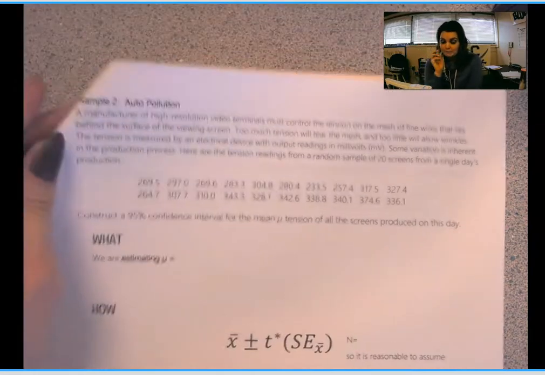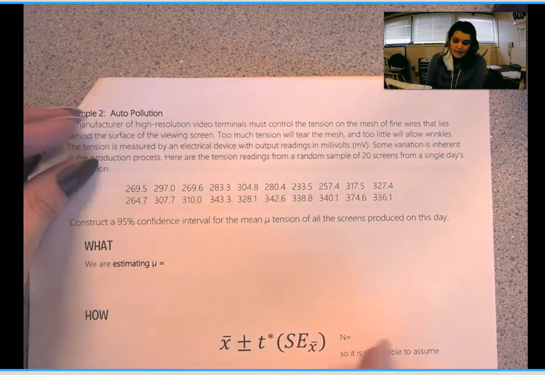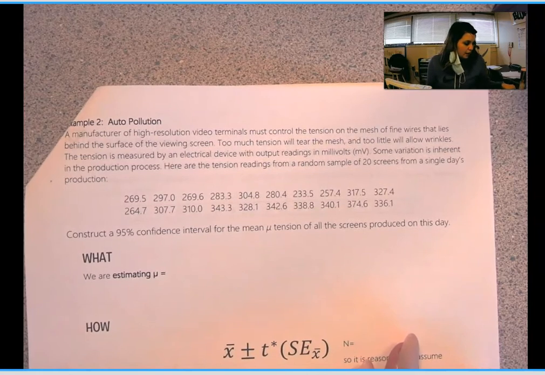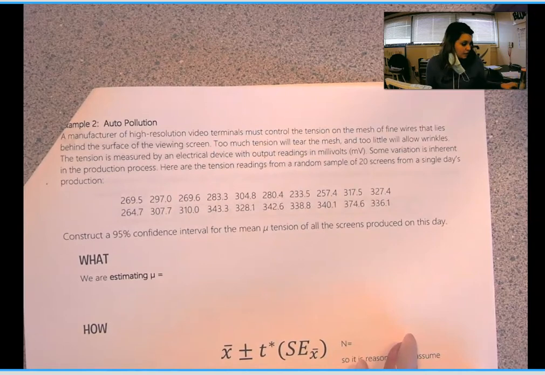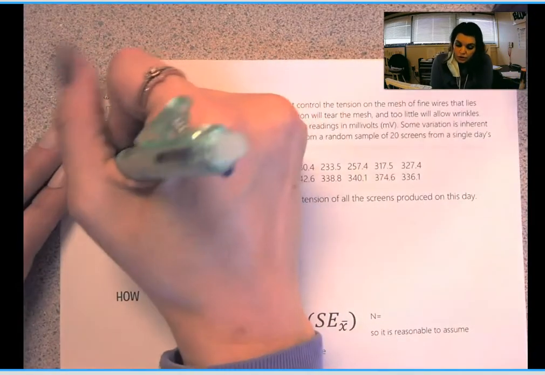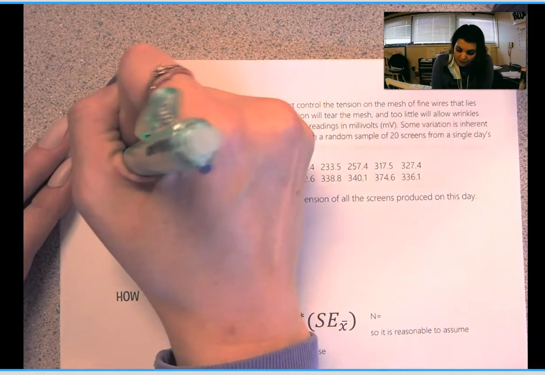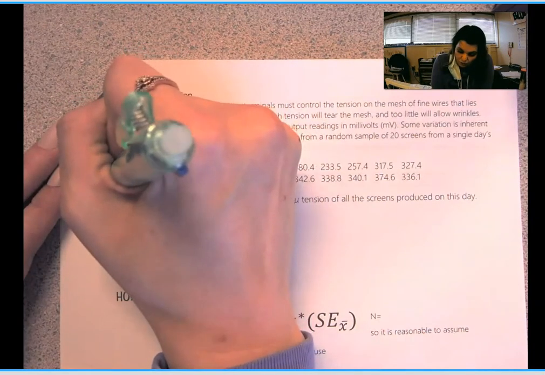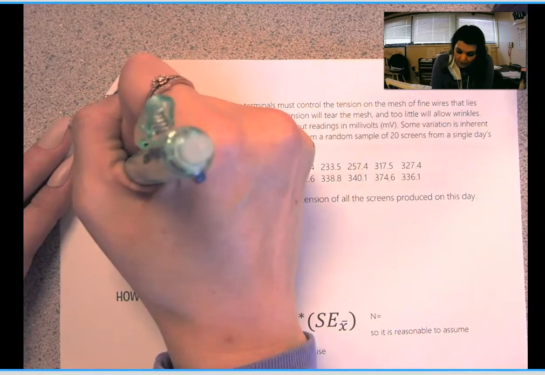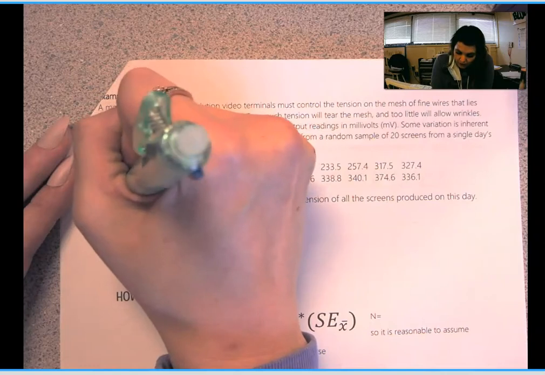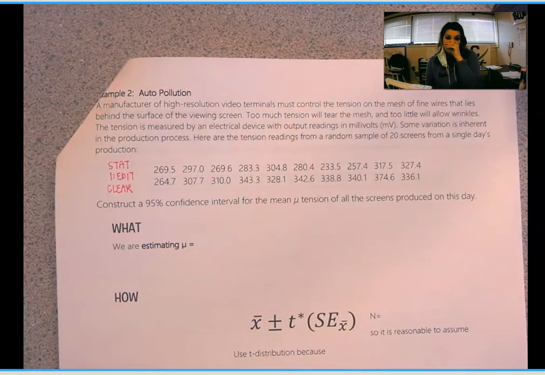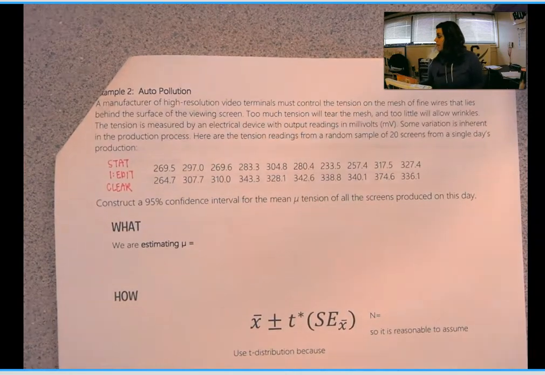So now we are getting into the tough stuff. So I'm going to read you the setup for this problem, but while I do that, I would like for you to get out your calculator and enter this data set into one of your lists. So to do that, you need to hit your Stat button. You need to choose option 1, which is Edit. And then make sure that if you need to clear out a list, you hit Clear and not Delete. So to enter this,